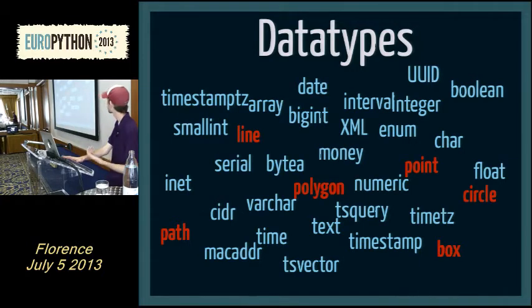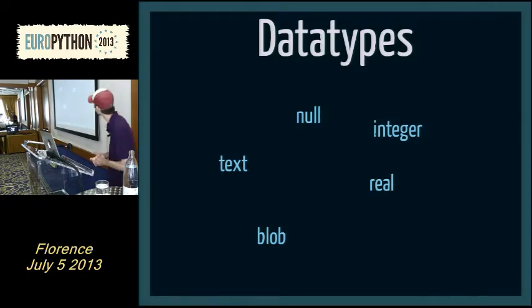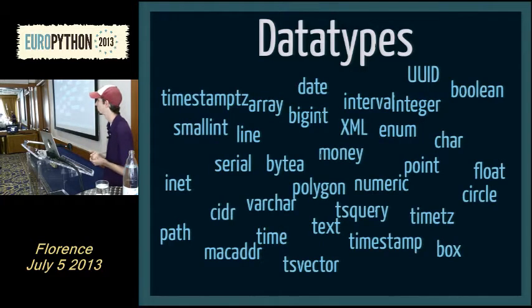Now, as I said, it tries to treat all databases the same. So then you have SQLite, which has these data types. And the really confusing part about this, from the SQLite docs, to me, is I don't understand how null is a data type. I thought it was a value of a data type. So in reality, there's really only 4. And I don't understand how that really maps to that. So you're instantly limiting yourself when you focus on only using the ORM.